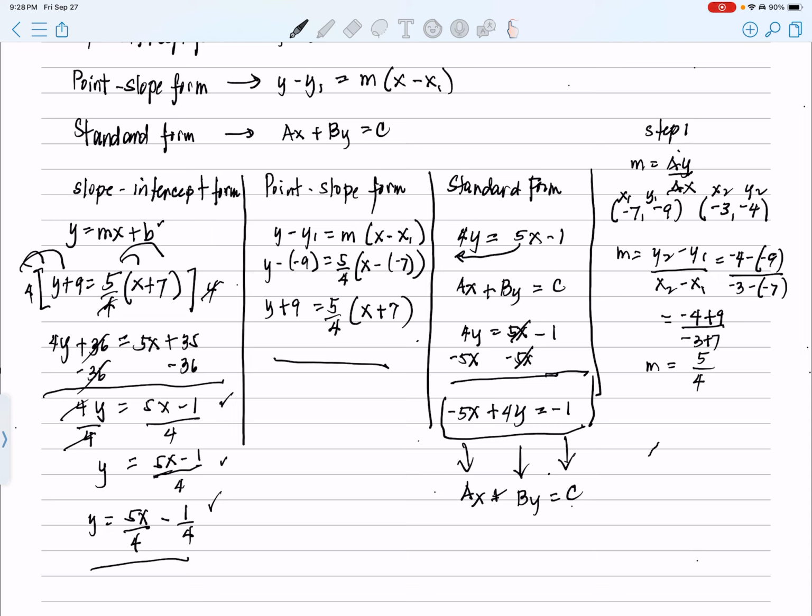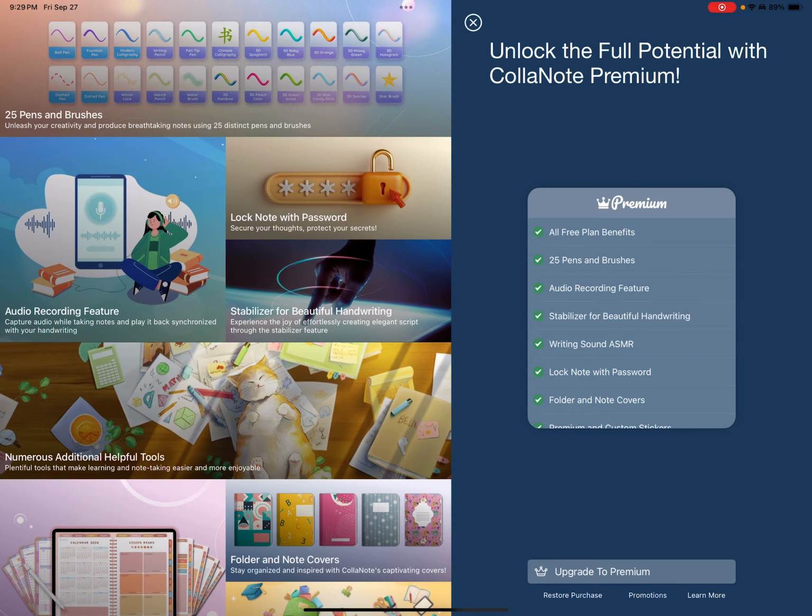We have the point-slope form and the slope-intercept form. I hope everybody was able to review this, and you will be good if you remember all this stuff when you do your